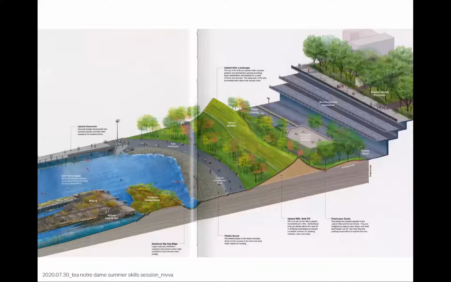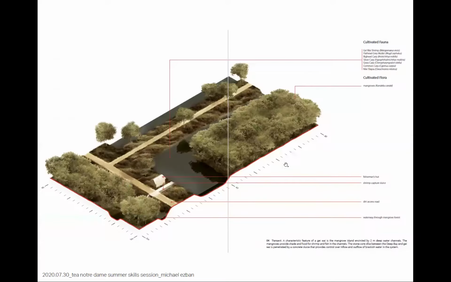So I'm going to skip through this one, but here you can see if you follow the line on the side, that's where your section is. You get the plan from the relationship between the different features of the site, and then you get the perspective because it tells you something about the material. It tells you about where the people can inhabit the space, and it does still give you texture.